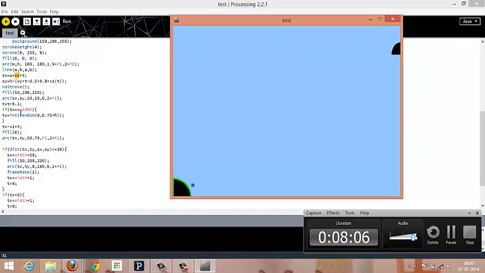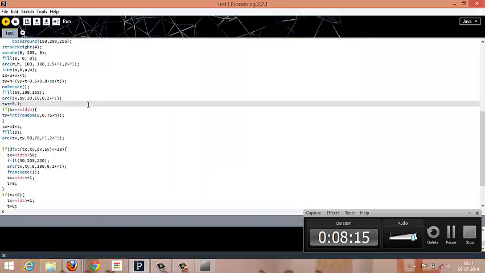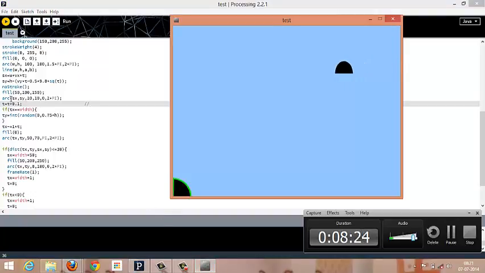Okay, actually I think we need to change a little bit here. Now if Tx is equal to width, that is